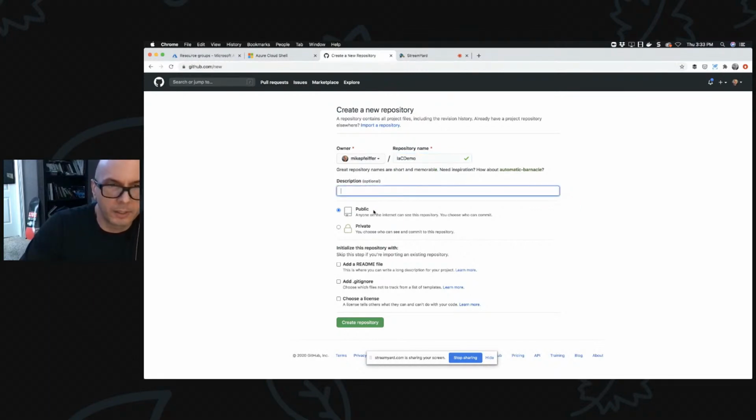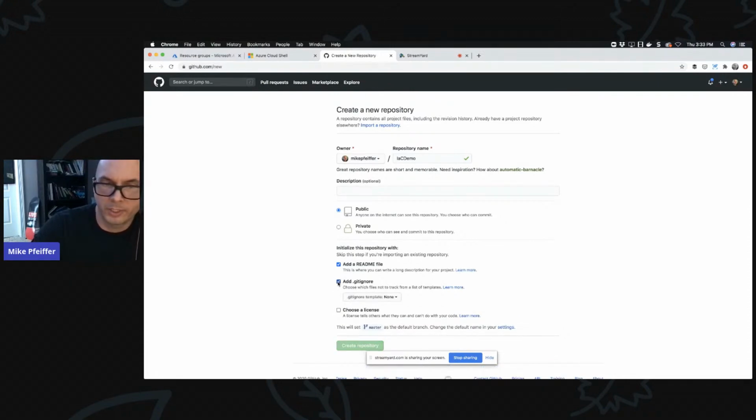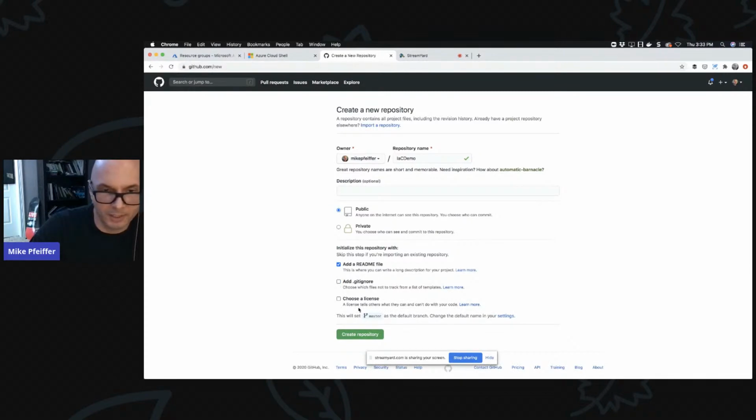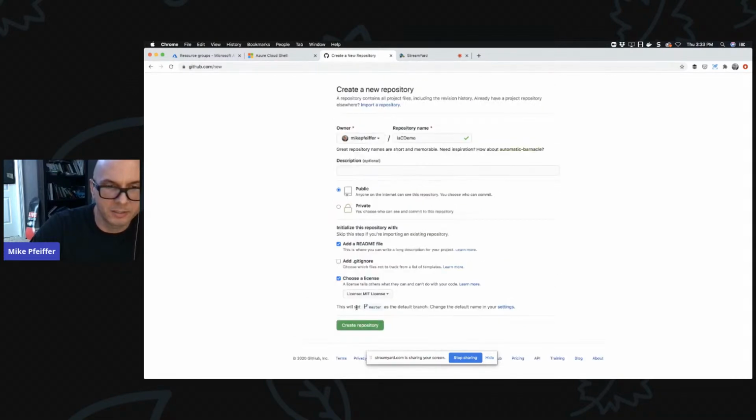I'll make it a public repository, and then I'll add a README, a markdown file that will be included. We can do some documentation. If I wanted to ignore files, I could do a .gitignore. That will basically be a little file where I can say, hey, ignore things that shouldn't belong in the directory. For now, I'm just going to leave that empty. We can also choose a license here to make this an open source project. So let's just pick the MIT license, create an empty repository.